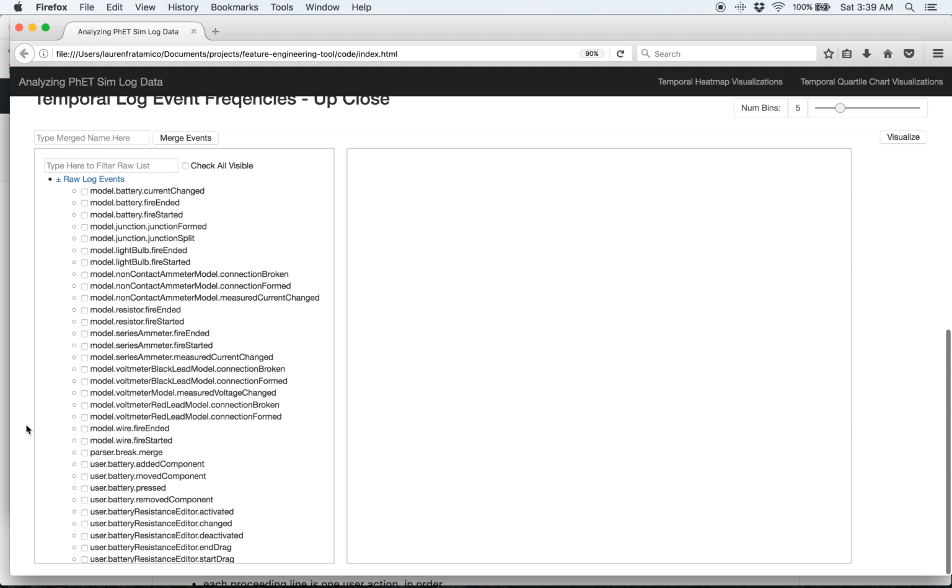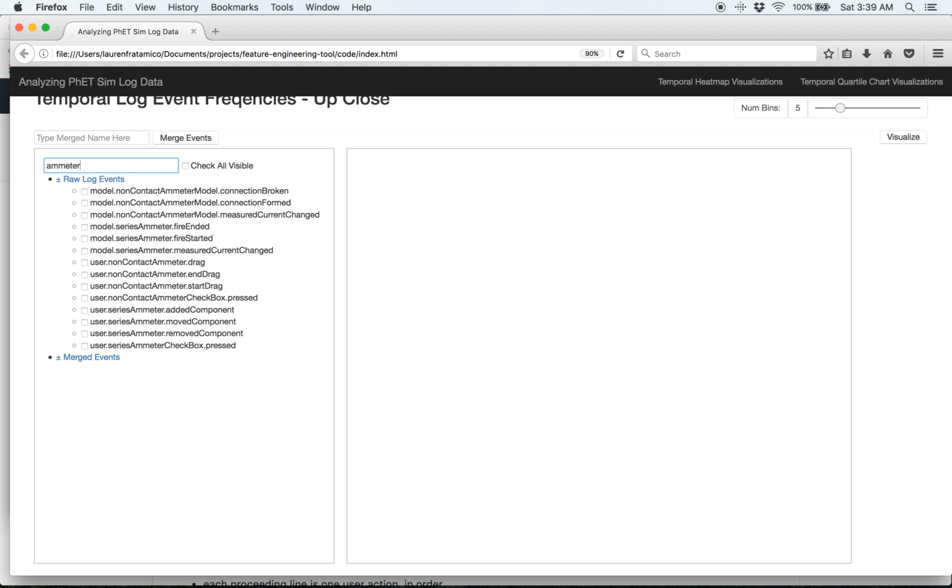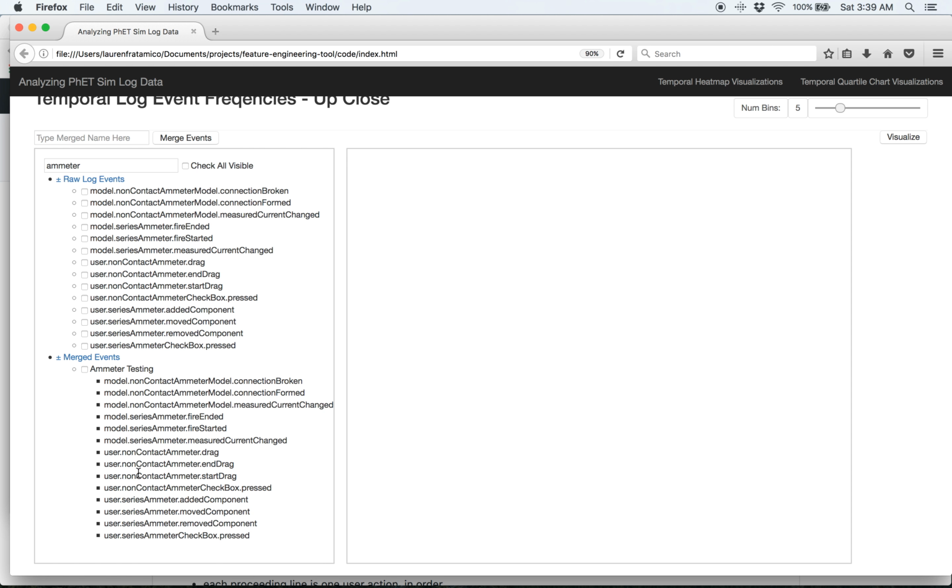So now let's go back down to the merging panel, and let's say you wanted to merge together some actions about the ammeter. In our case, the ammeter was something they could test their circuits with, because our log data was all about students building physics circuits. So we can start here and start typing to filter that list, and let's say we want to check all of them. Let's call this ammeter testing, and then you can click merge events and you'll see that it appears